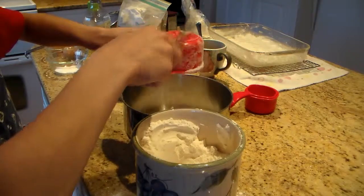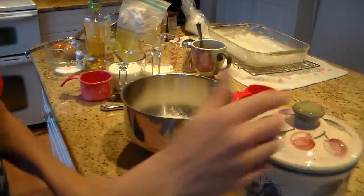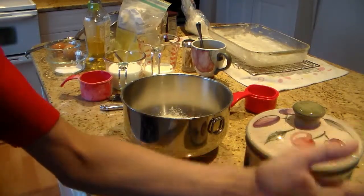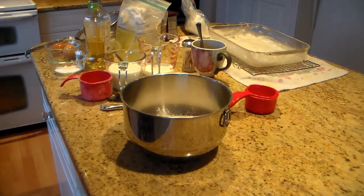Go ahead and dump that in. Now you're finished. So go ahead, clean up your little mess that you made. It's okay to get a little dirty, and there's your flour. So now that you have your 2 cups of all-purpose flour in, you're gonna go ahead and put in your